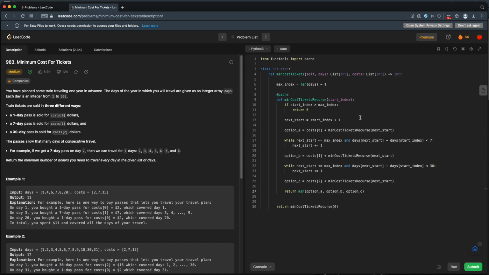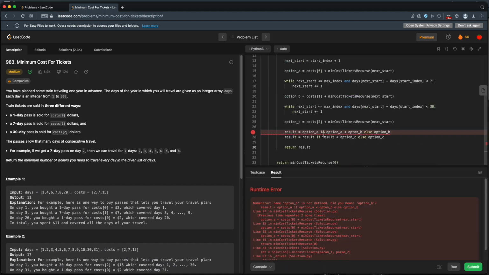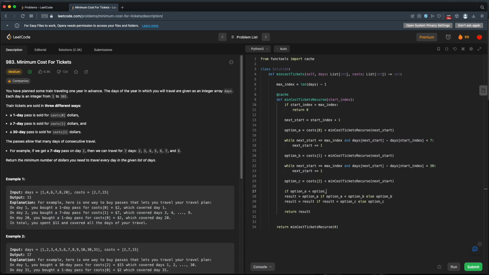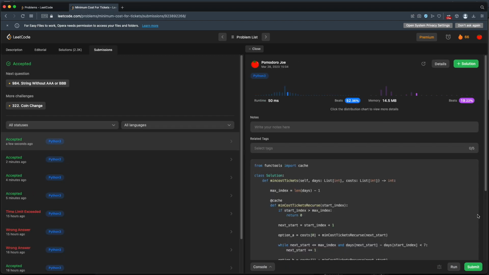I really want to get higher than a 63%. I tried to save a little bit of time by cutting out the call to min and writing my own conditionals to get the minimum value for the result, but it didn't really help that much. Not at all. All right, looks like 63% is the best I got today.